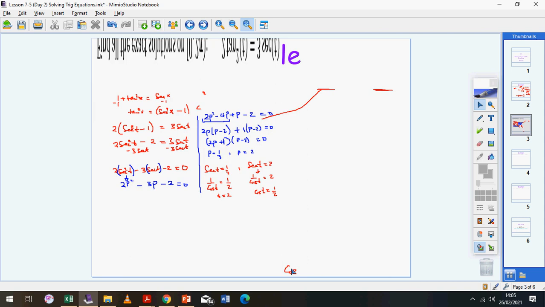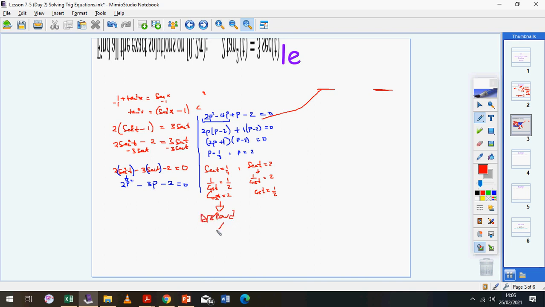Okay, the first part where it says cosine of t is 2, well, that's not possible. There's no angle whose cosine is 2, so I'll just discard that portion. I cannot get any solutions from there. Then I'll focus on this one where cosine of t is a half, because it's possible to have an angle